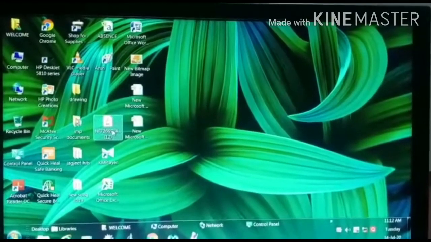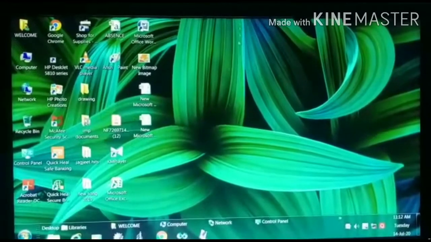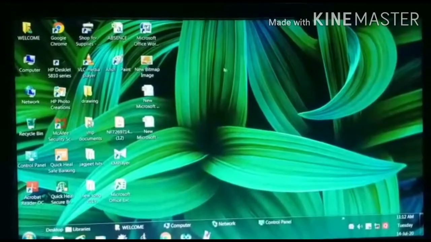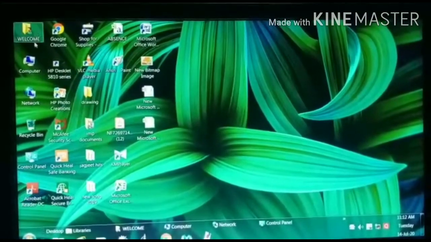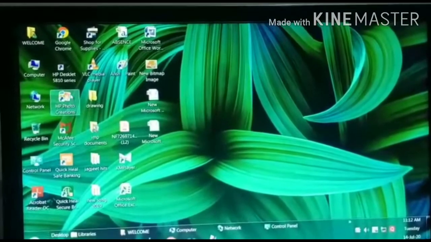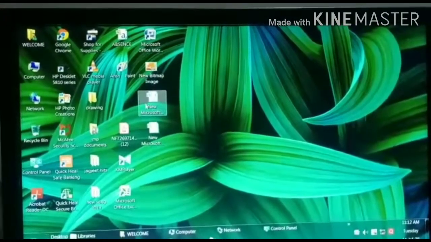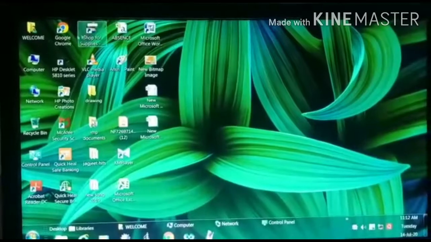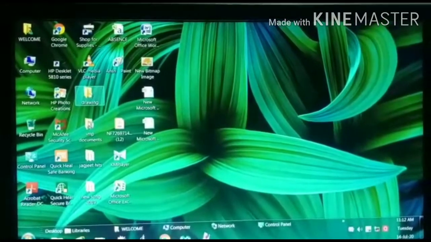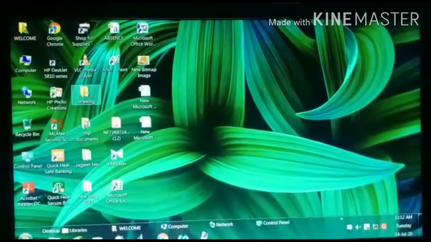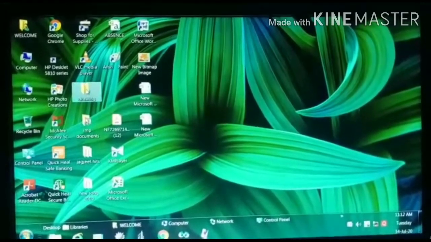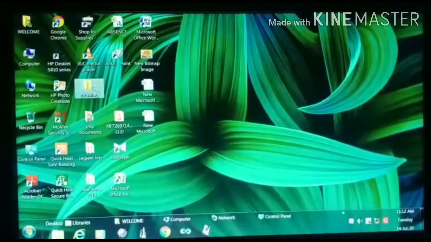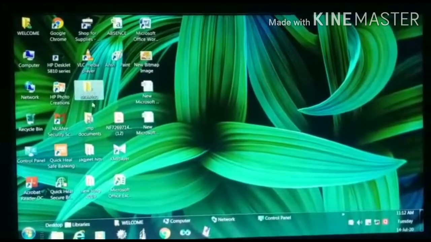See, for single click you have to move the pointer. This is the mouse pointer, the arrow-like pointer you are seeing on the monitor. You have to move the mouse pointer and point at any object on the monitor. All these icons you can see. Wherever I am moving the mouse, it is getting highlighted. For example, I am pointing at drawing, this icon. Now press the left mouse button and release it. The object will be selected. Have you seen? This single click helps us to select an object on the monitor.